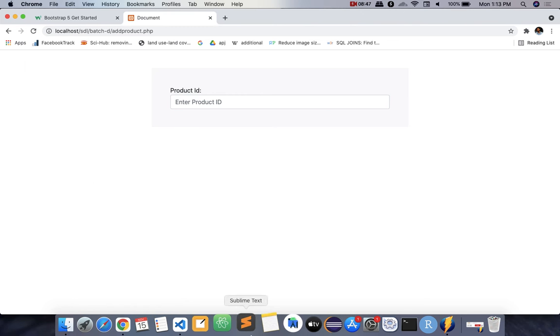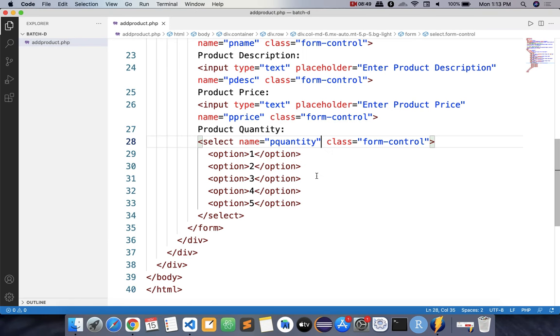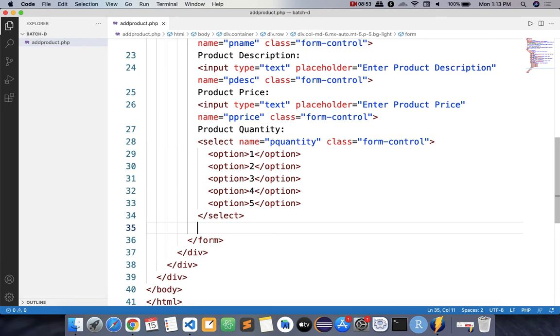So you'll see that we have created a drop down for the 5 products quantity, and then one more thing is the offer. You want to give an offer or not? Suppose you want to give 50% off.